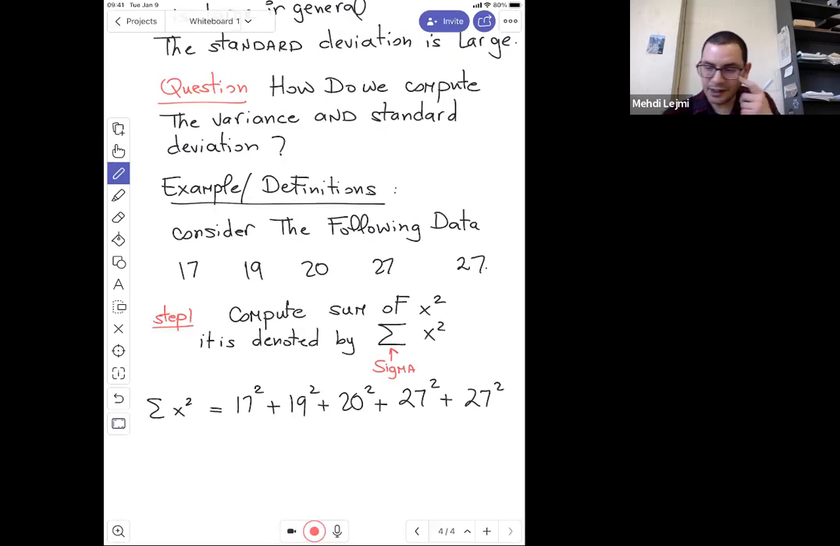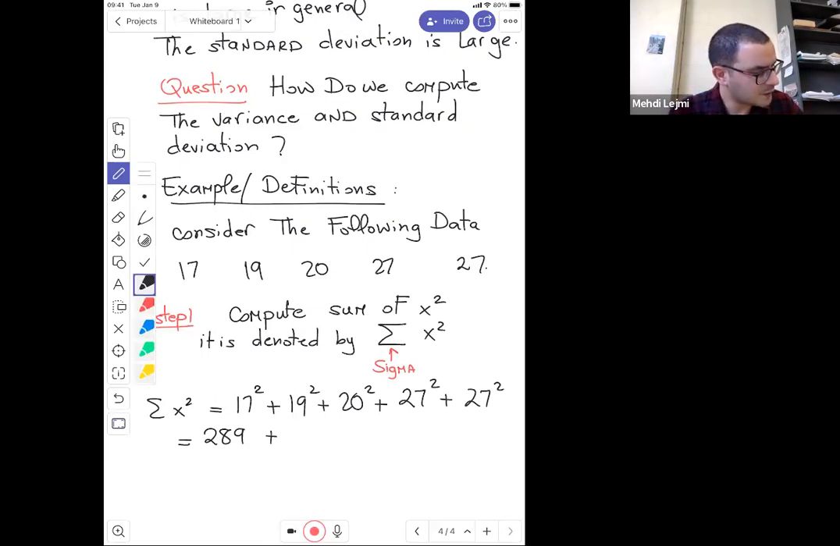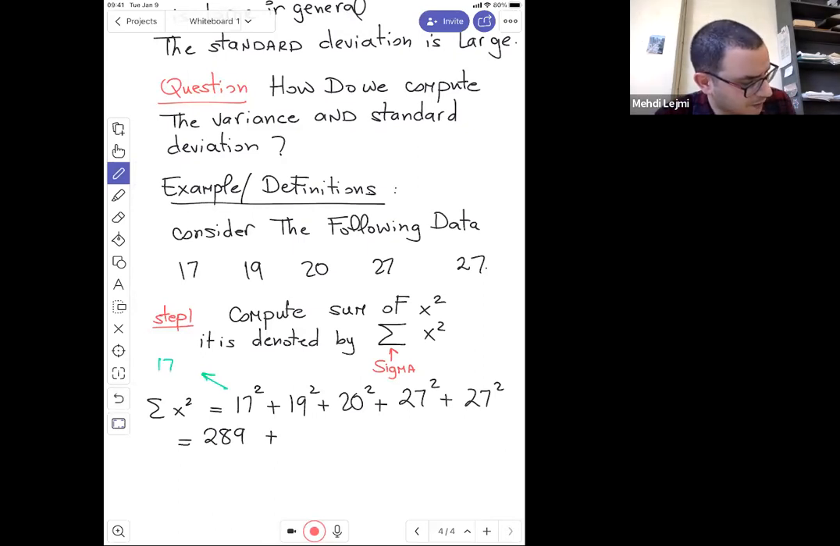So that's the first step, right? In this case, 17 squared means 17 times 17, and that would be, I think, 289. Plus, again, the 17 square, because this is a common mistake: it's not 17 times 2, it's really 17 times 17. That's what I mean by the square. Then 19 square is 19 times 19, so that's